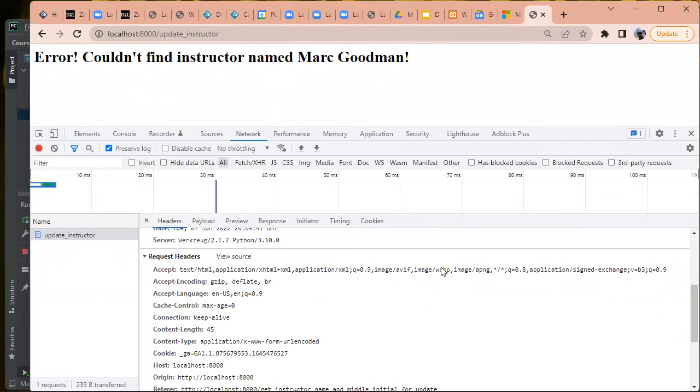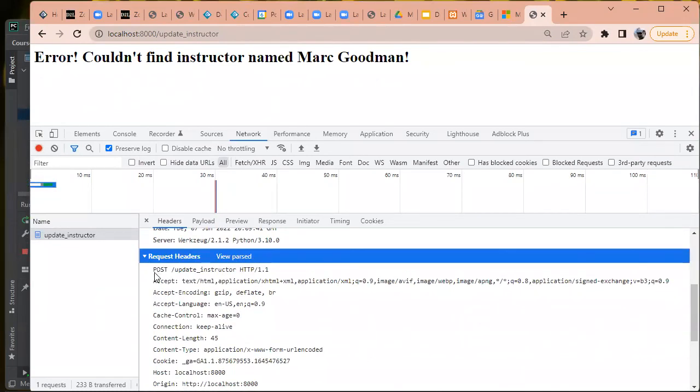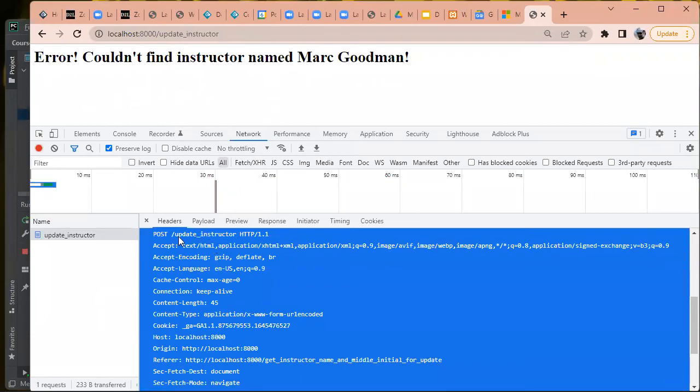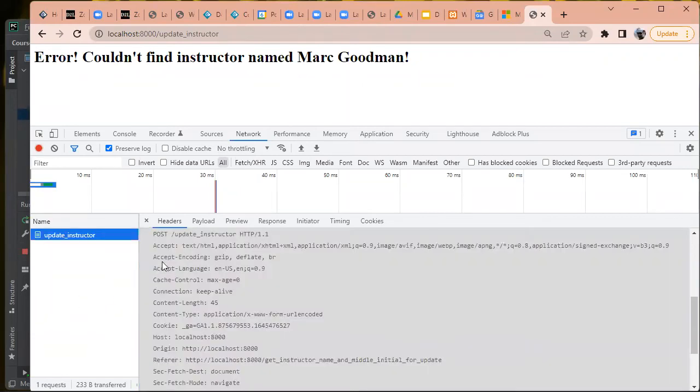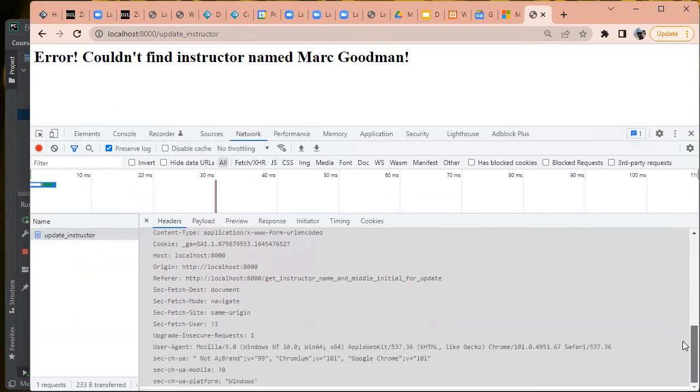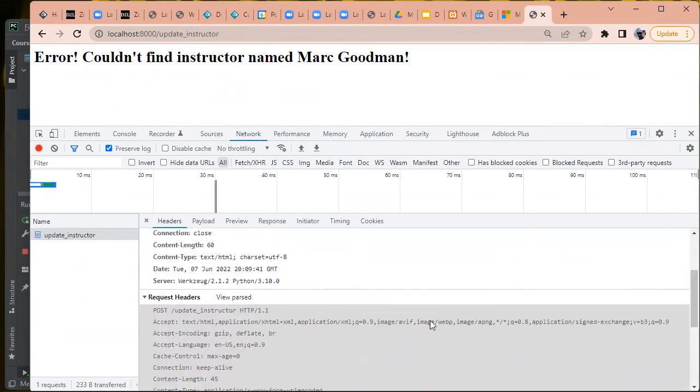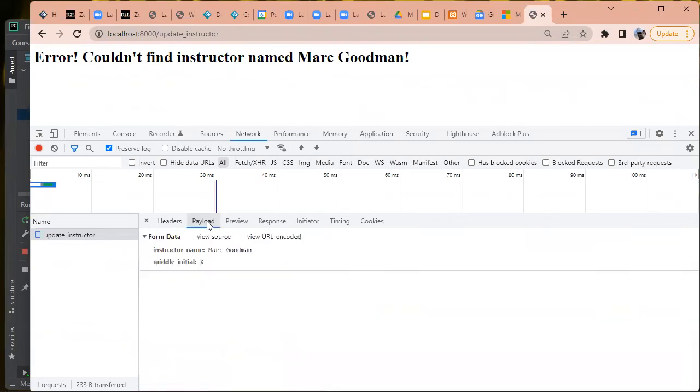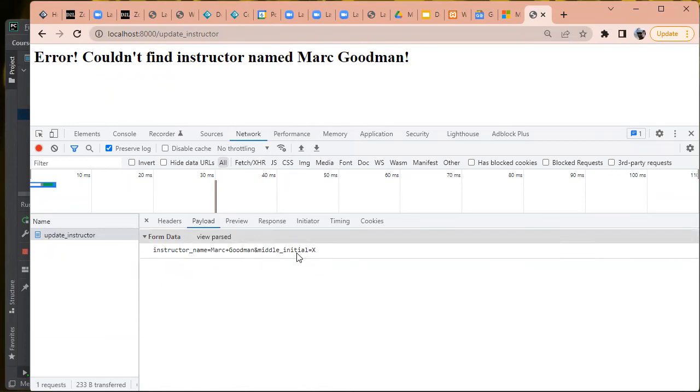So the request header says post, and then the path to the document is update instructor, hypertext transfer protocol 1.1. And then all of this is the same as what you've seen before. And then there's also a payload, which looks like this. So the actual payload is instructor name equal Mark Goodman and middle initial is equal to